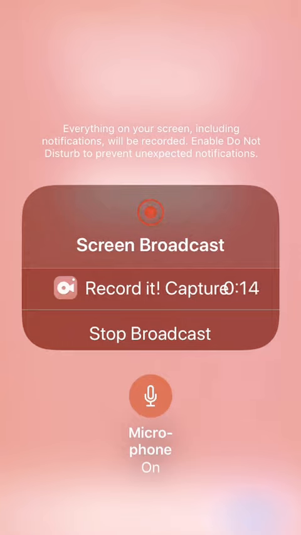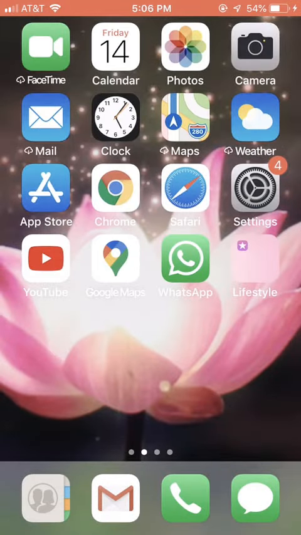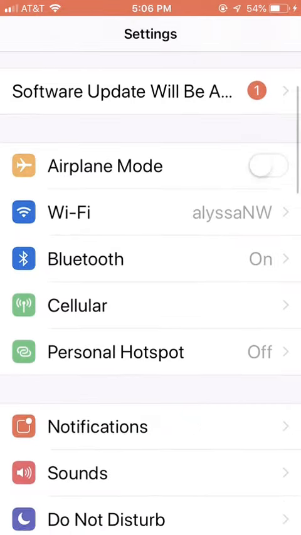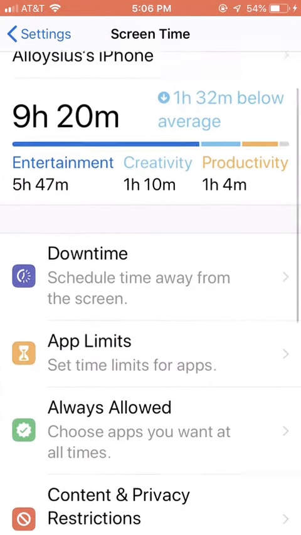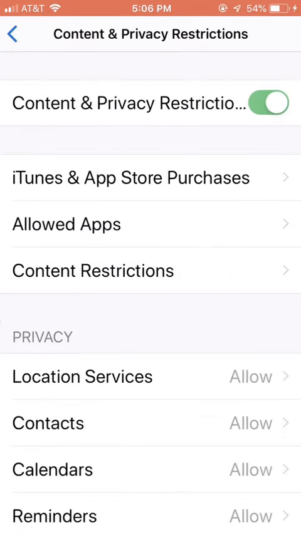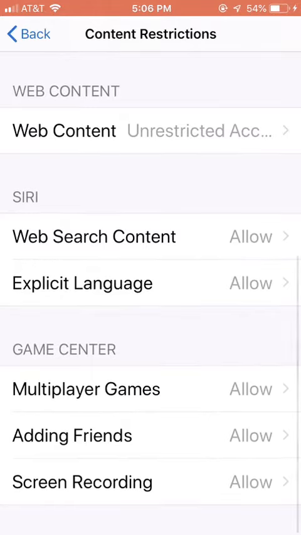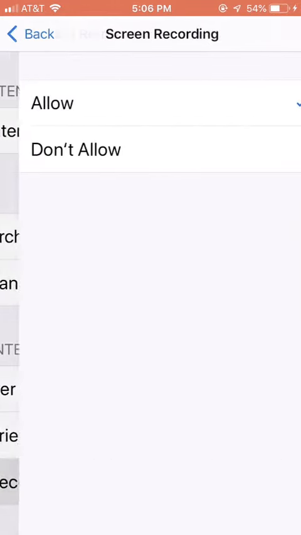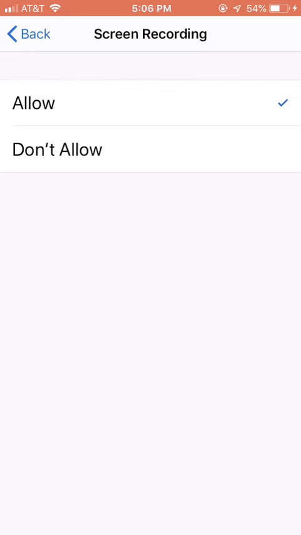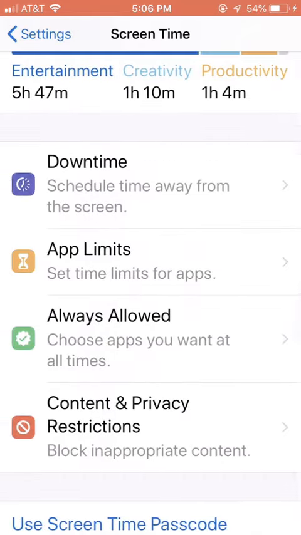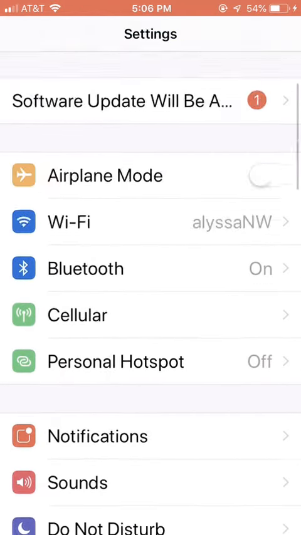Today I'll show you how to fix your screen recording on your iPhone. First go to settings, select screen time, content and privacy restrictions, and then select content restrictions, and then go down here, screen recording, and if you're doing it for the first time, select don't allow. I already did it, so I'm not doing it again. Select this don't allow and then go back to your settings, and now here again